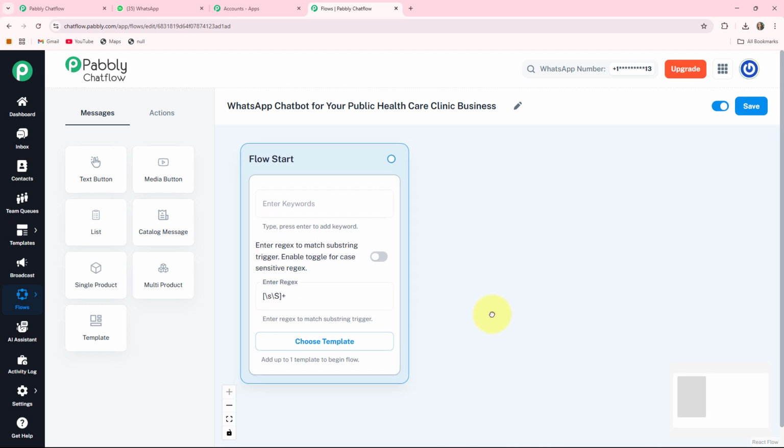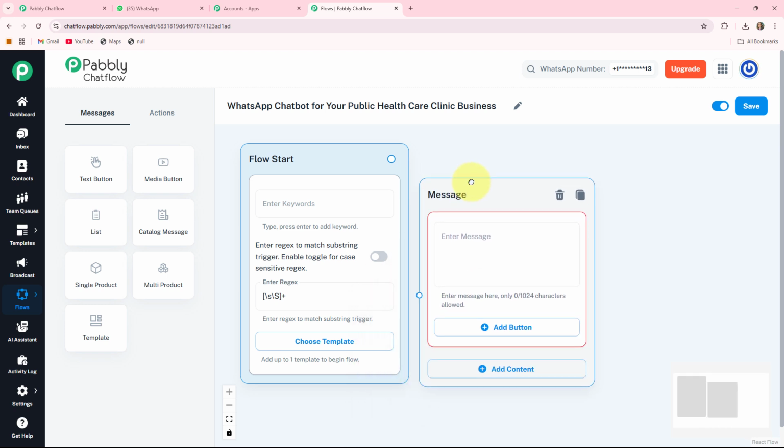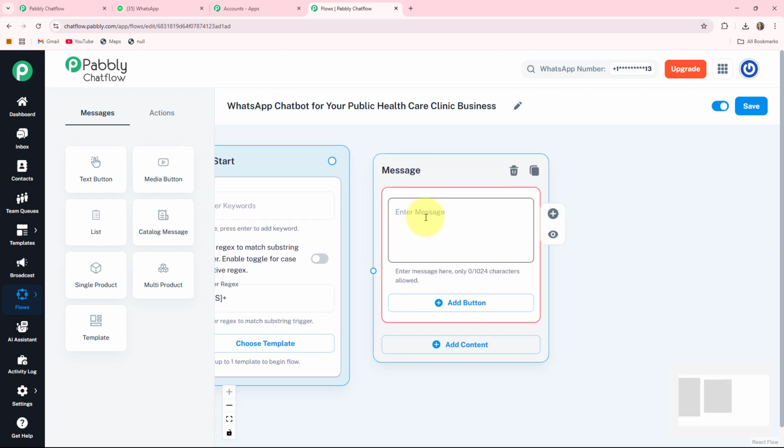Now I want to add one welcome message for my patients, so that whenever they send any message to my WhatsApp business account, my bot will respond to them. For this I am taking this text button. It will provide me one message box. I'll drag this box here and enter the welcome message for my patients. At the end of this message, I'll ask my patient how can we help